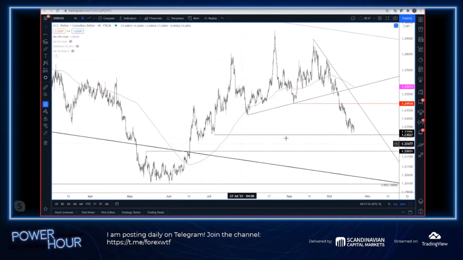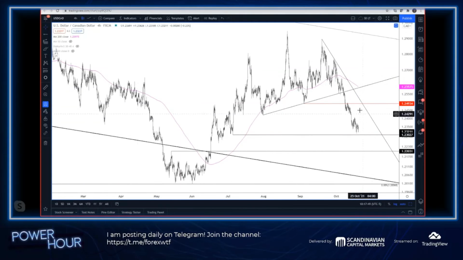So unless we get up and out of here ASAP, my guess would be 122 is the next level to pay attention to. Again, if we take out this low here, I'm not going to have any vested interest in this anyway. But